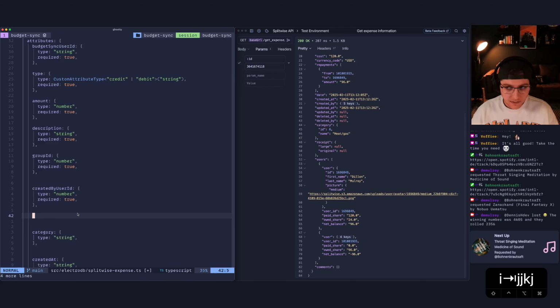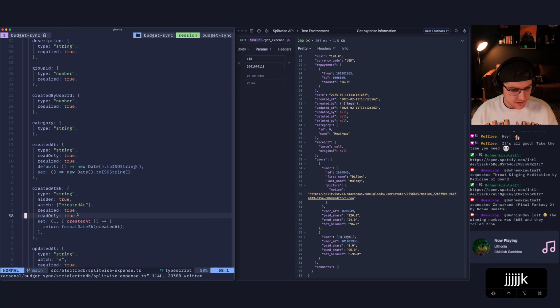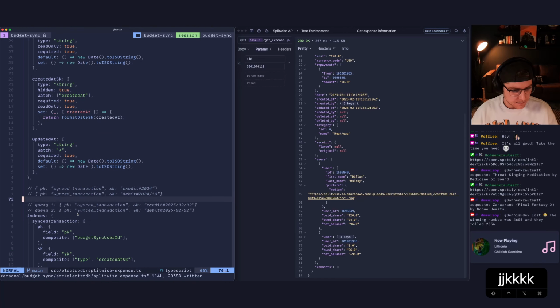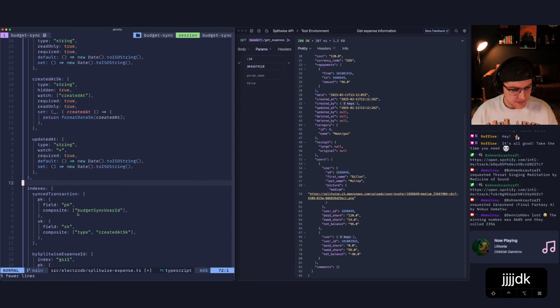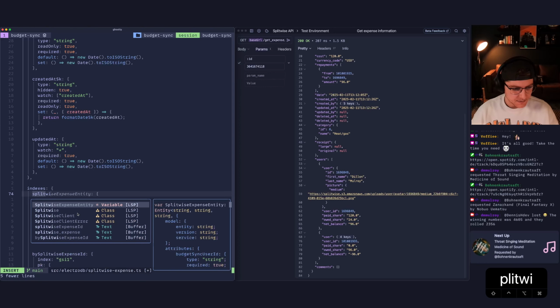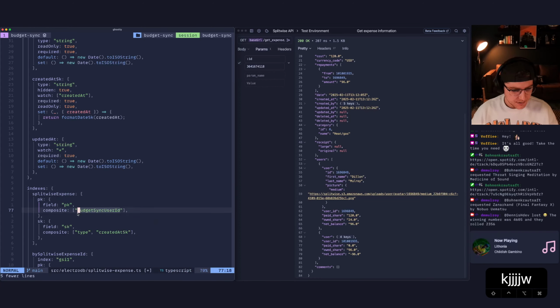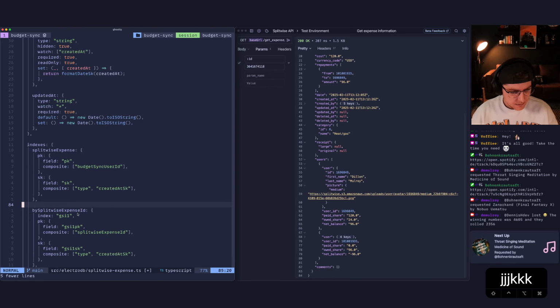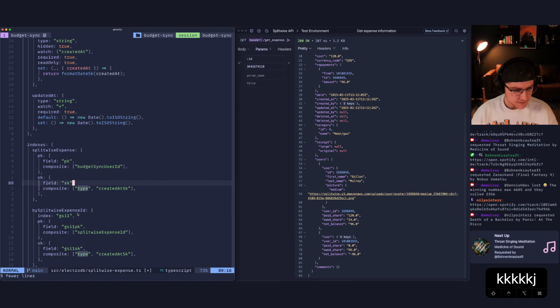All right, we have category created out of SK. Yeah, we can get rid of view indices. This is going to be a Splitwise expense, PK. Yep, we'll PK on a budget sync user ID. And we'll come in here and we'll say,